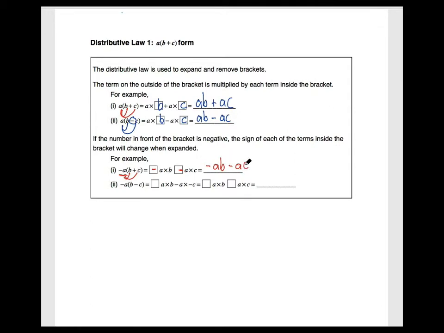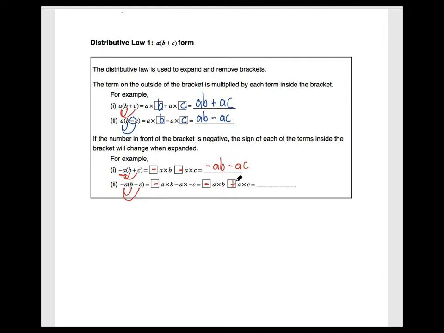In the second example, not only do we have a minus sign outside the brackets, but also inside the brackets, and that is where it gets a little bit tricky. So let's work through this. We're going to be multiplying minus A by positive B and then minus A by minus C. So let's fill in the boxes. Minus A times positive B, minus A times minus C,